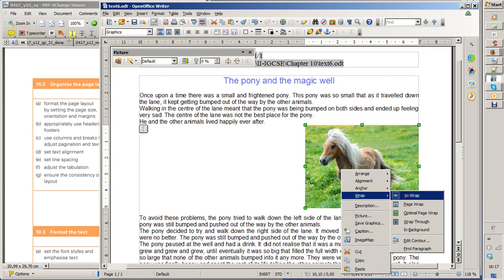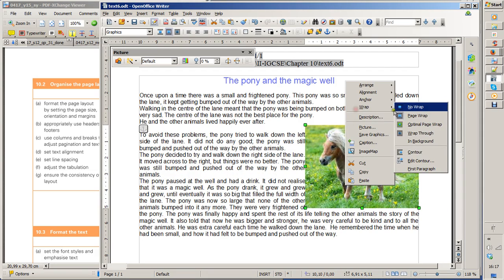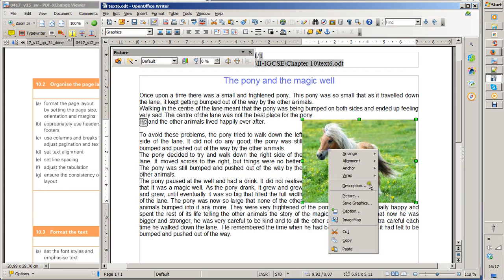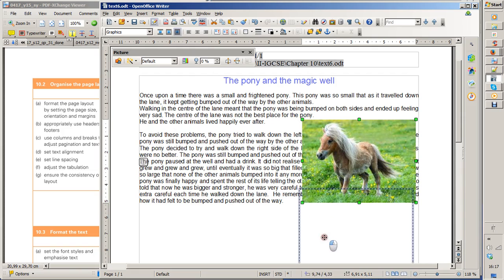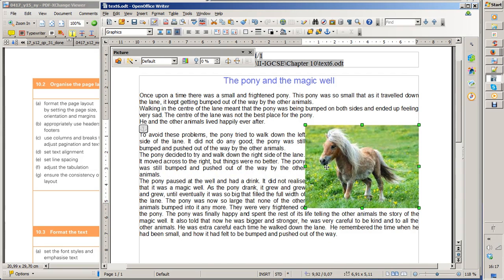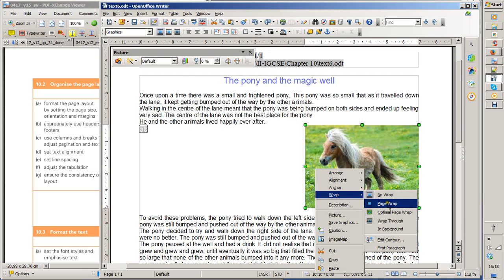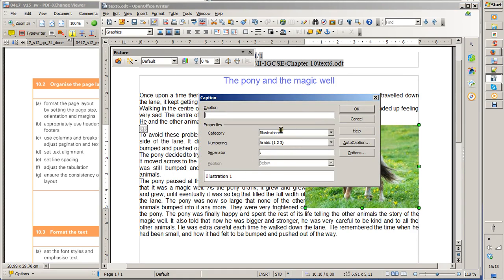For instance, no wrap is like the present, the current layout; page wrap, but also optimal page wrap, and wrap through in background, but I think that is not so useful and it does not feel good. So page wrap. You can also insert a caption, so it means that you might be asked to insert a title for the image,